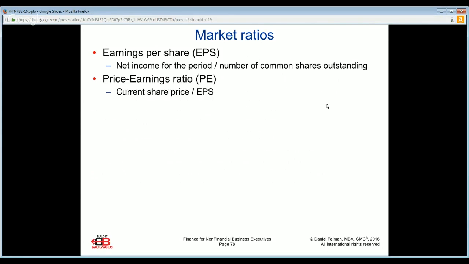So the earnings per share must be calculated in a consistent manner. What were the number of shares in the marketplace at the beginning of the period? What were the number of shares in the marketplace at the end of the period? If that's not consistent, because of either a buyback or a sell, then the EPS must be adjusted to take that into consideration. So please keep those in mind. So that's what we talk about. Those are the key ratios.